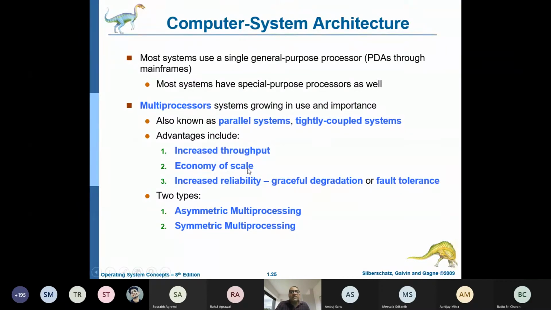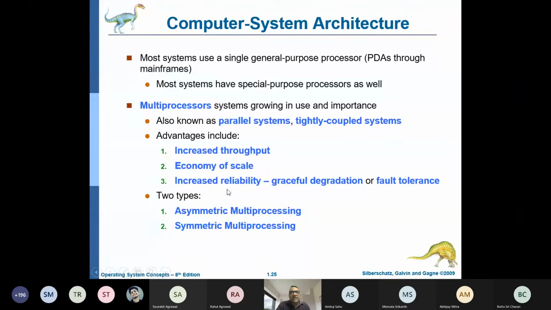And economy of scale means, for example, you have a system with four processors, and compared to that, you have four systems where each system has a single processor. So cost wise, it's very economical to have a multi-processor system. In the case of a multi-processor system, the processors are more than one, but the remaining peripherals, the bus, the memory and the IO devices, remain more or less the same as in a single processor system. So from the economical perspective, a multi-processor system is very effective for the given improvement in the throughput.